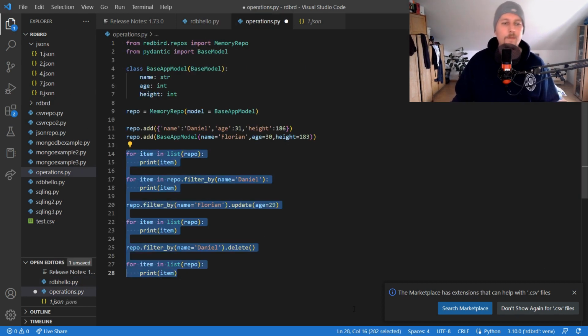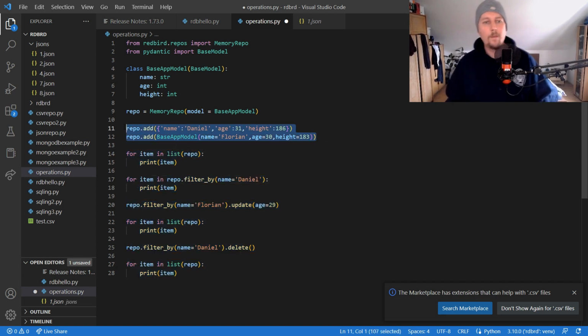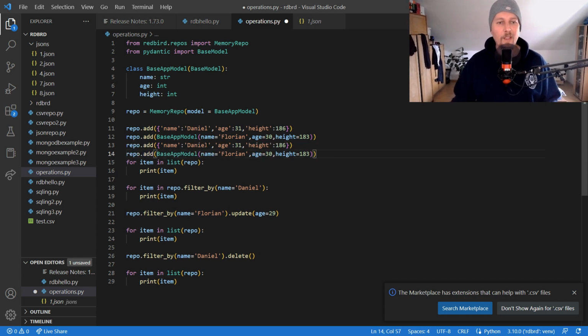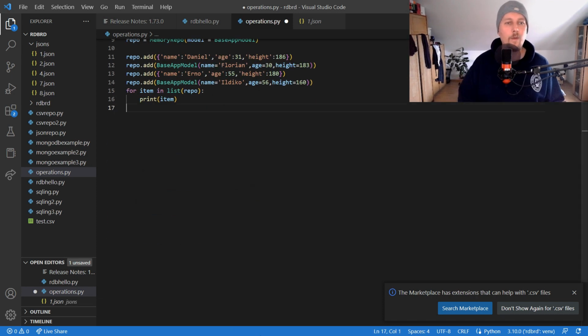Let's go and add some more entities. So Ernő, 55, height should be 180, and Ildikó, age 56, height 160. Alright, so now if we execute this,